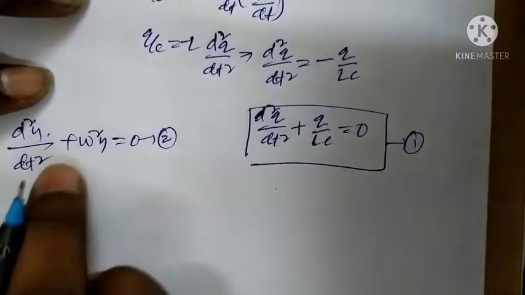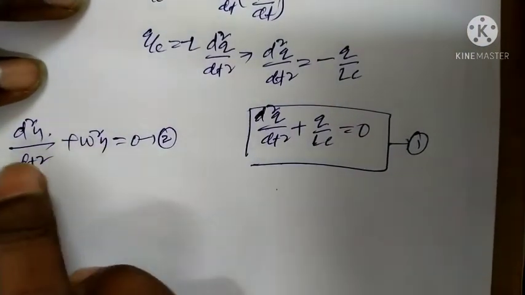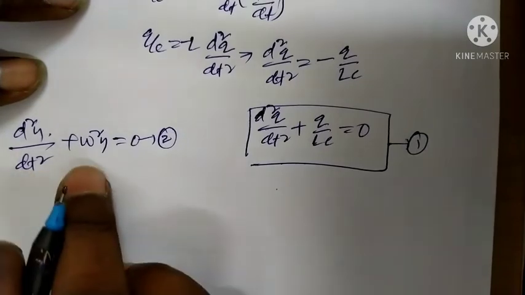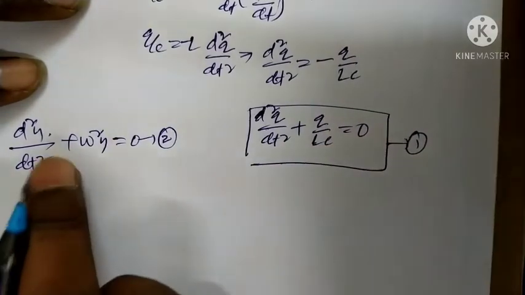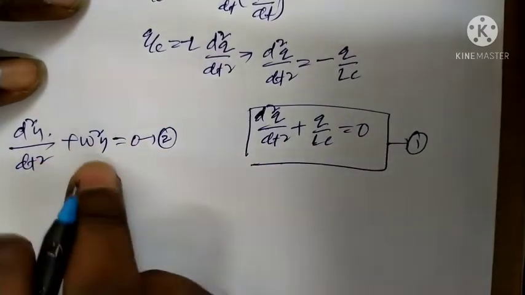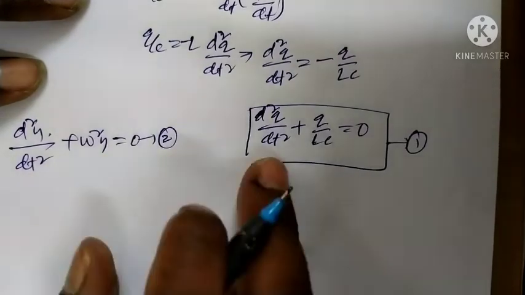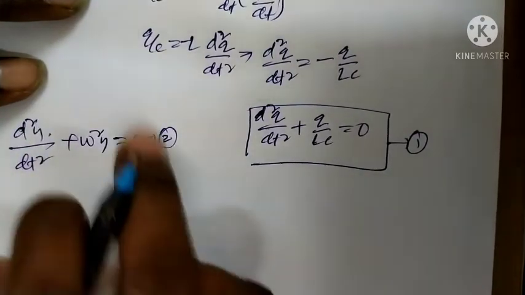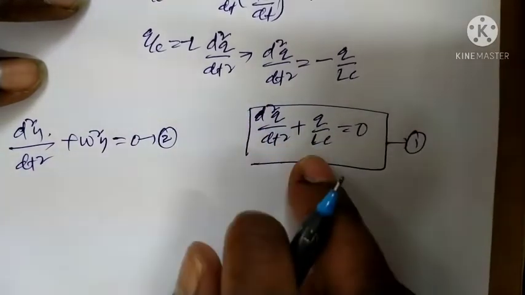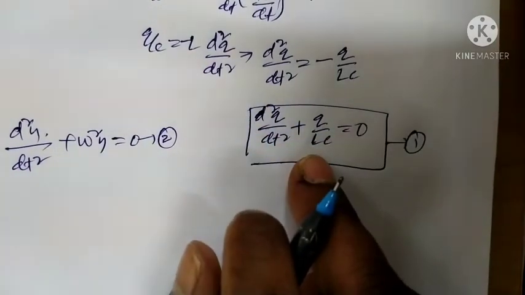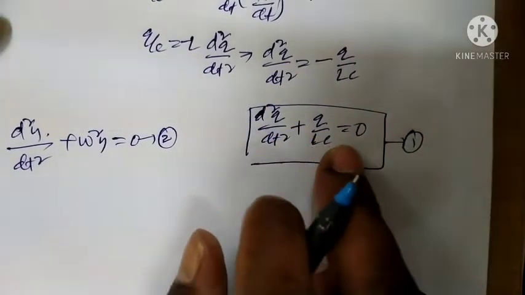Compare both. This is for the oscillator or simple harmonic motion, that is the mechanical form. This is in the form of electrical oscillation. This is mechanical oscillation. Both will be the same in form. This is oscillation in the form of mechanical energy. This is LC oscillation in the form of electrical energy.